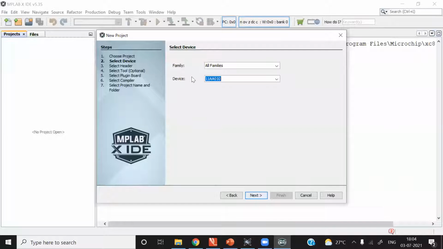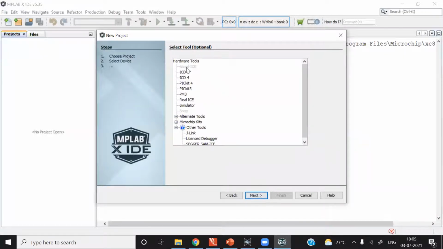You will come across another dialog wherein you are supposed to enter the PIC device number which you are going to use for your product. In our internship program, we will make use of PIC18F4520. In this edit box, you enter the part number PIC18F4520. In the drop down list, this part number appears. Just click on it and it will get selected. So the device number is selected. At the bottom of this dialog, there is a Next button. Click on Next.